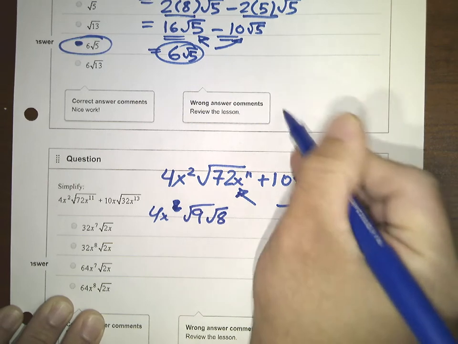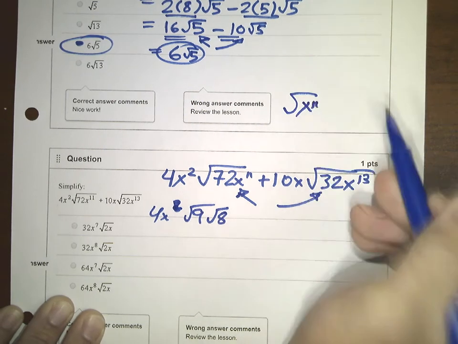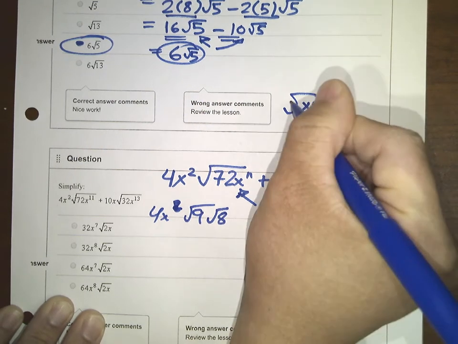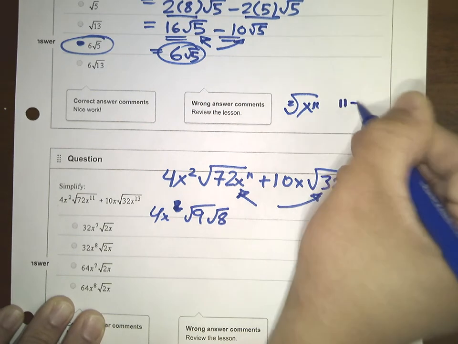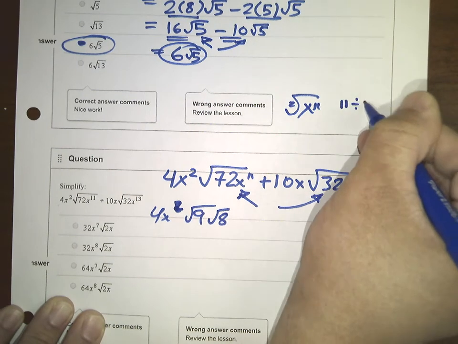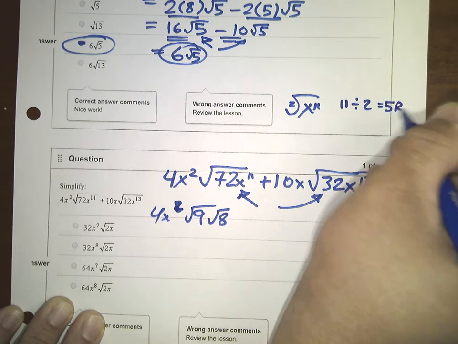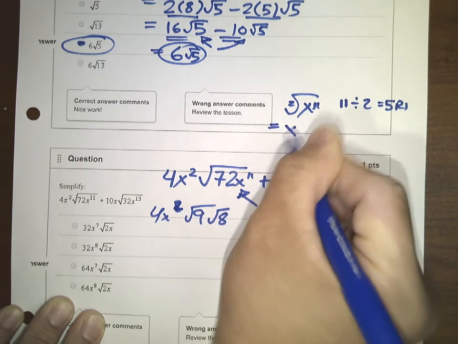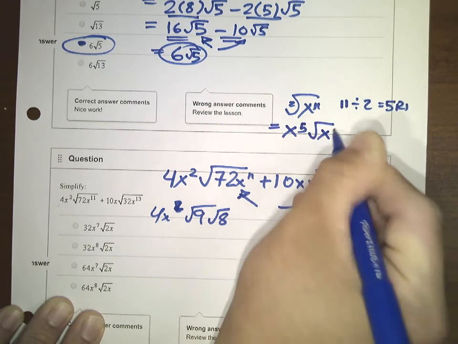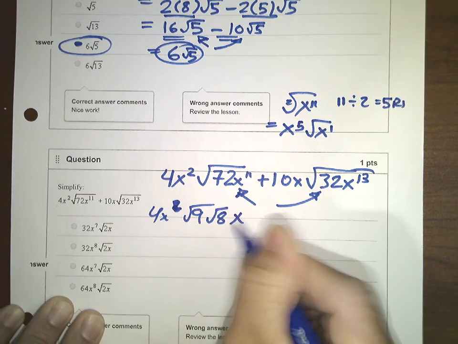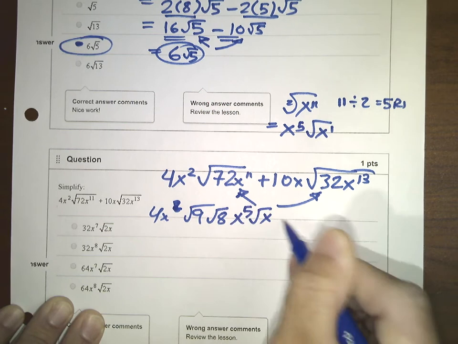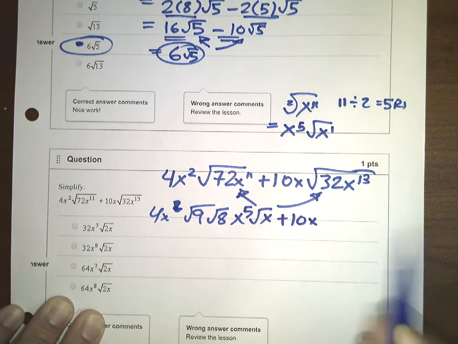And then remember, for the square root of x to the 11th, because this is a square root, the index of this radical is 2. I take the 11 and divide it by 2, and I get 5 with a remainder of 1. So this means that it's x to the 5th, and then one of the x's stays on the inside. So x to the 5th square root of x. All right, so this is x to the 5th square root of x, and then plus 10x, and then the